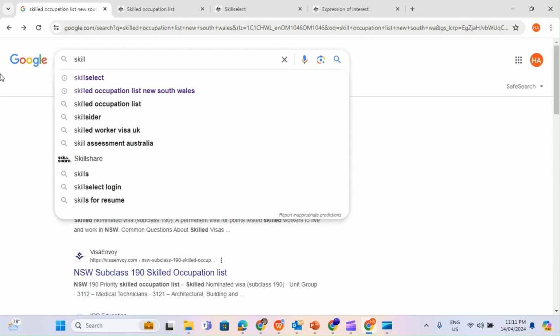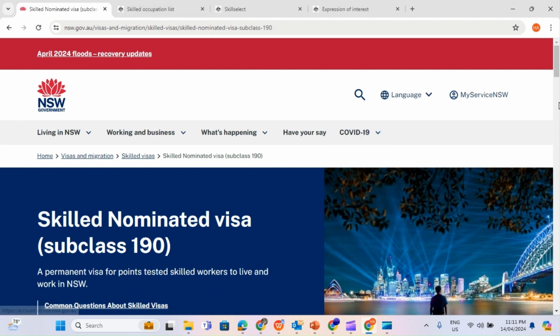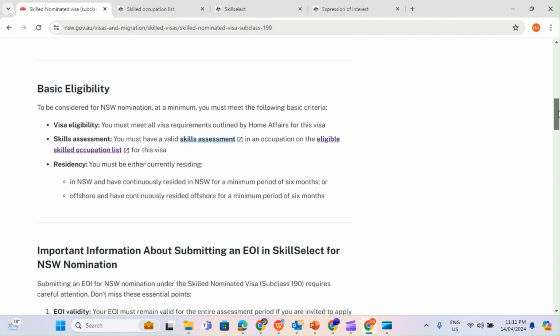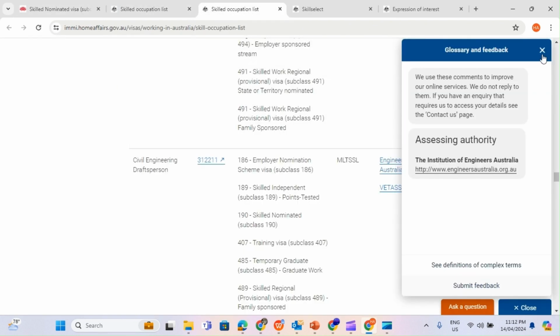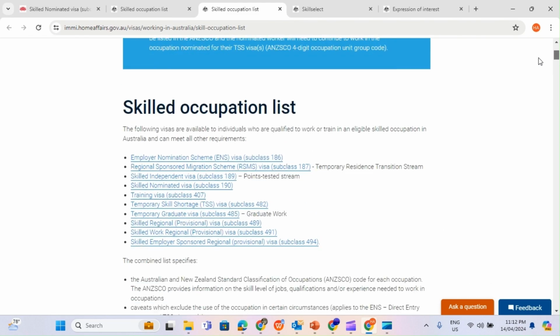But before you can apply for this visa, the first thing I will ask you to do is, for visa 190, you need to identify your skill on the skilled occupation list of the state to which you want to apply. That means if you want to apply to New South Wales, you have to go and check if your skill is in the New South Wales nomination list. For example, if you're a chemical engineer, go to Google and type skilled occupation list for New South Wales. You go through it and see if chemical engineering is nominated, then it becomes a point of attraction for you, then you can apply.